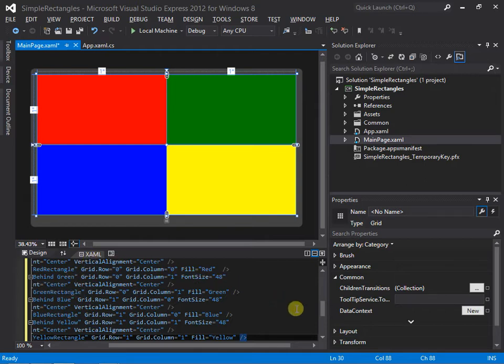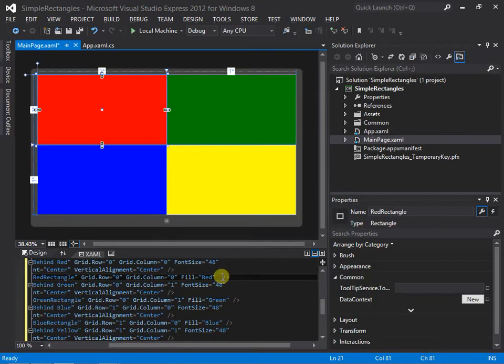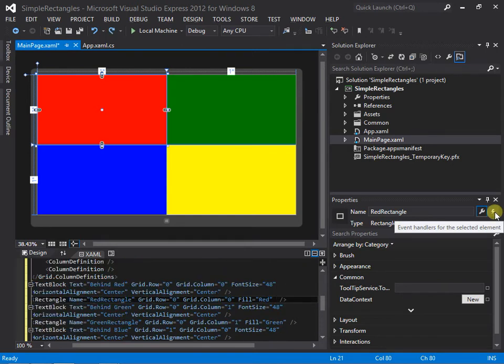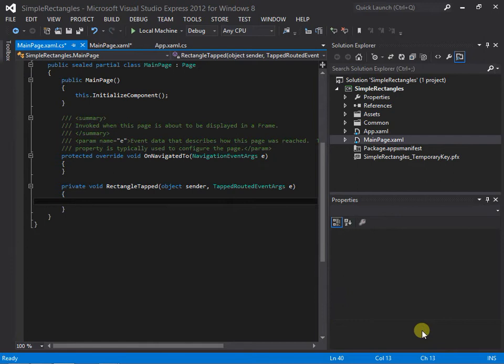We need to add the code to handle what happens when we click on any one of these cells. In the XAML panel, click after the red rectangle element and then go to the Properties pane. The Properties pane has a lightning icon for event handlers. Click that, scroll down toward the bottom and find the one called Tapped and type in Rectangle_Tapped. Press enter, and that opens the main